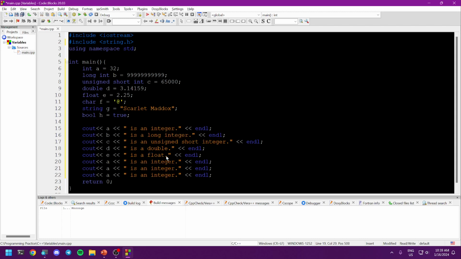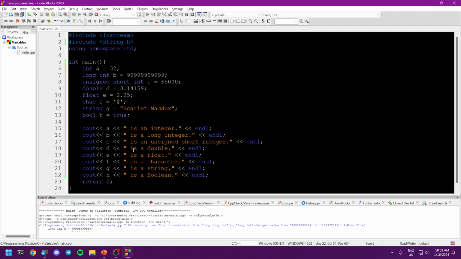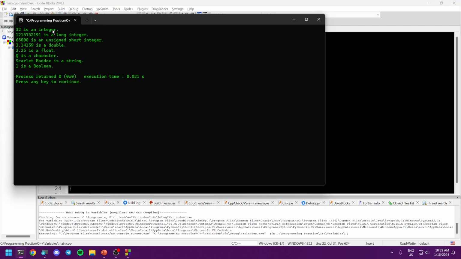is a float. This is very mundane, but I'm doing this just so we can see it on screen. F, that is a character. G is a string. And H is a Boolean. And we save this. Very simple. We're going to hit F9 to run it. And then we see